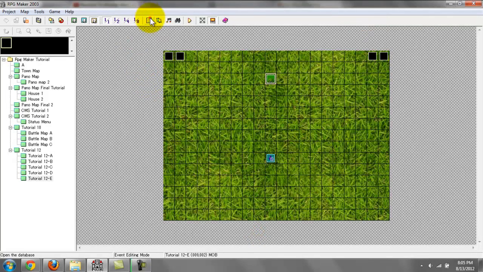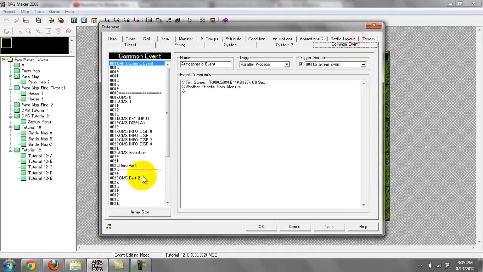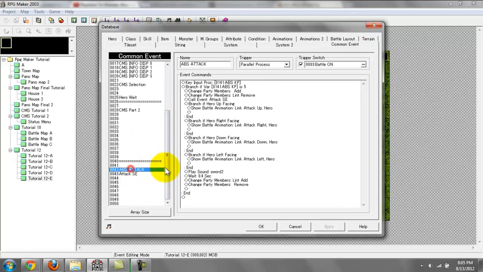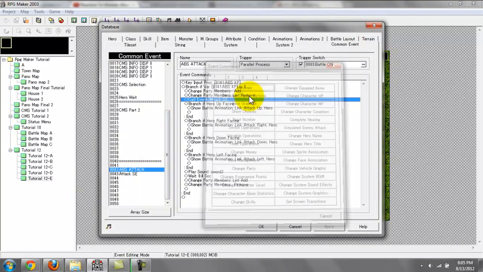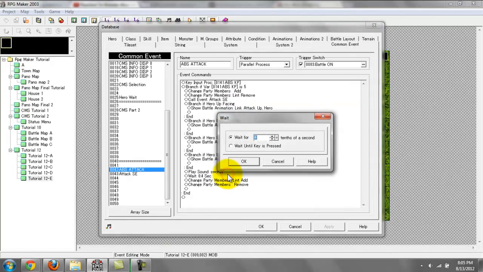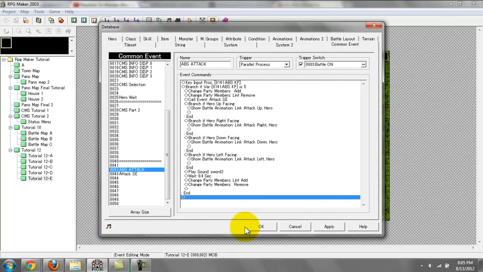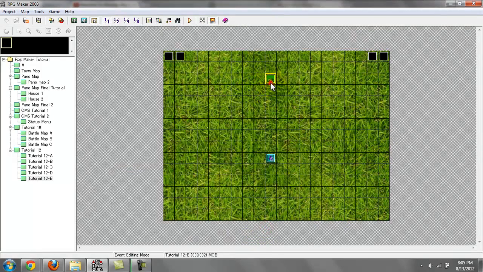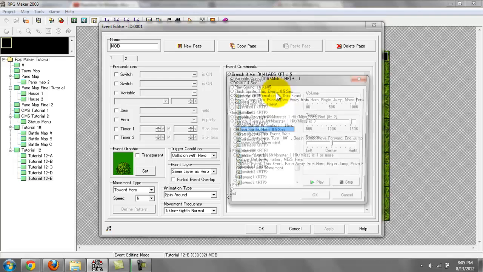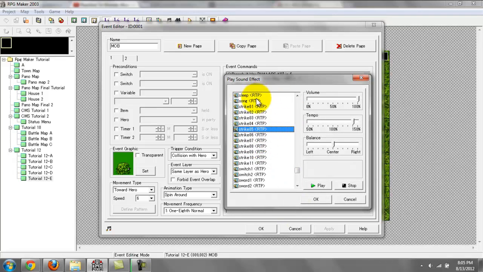If I go back to my database, go to common events, and then ABS attack. So we have this sword sound effect here. So every time the player presses the enter key, you'll hear that sword because it's being unsheathed. However, we put the strike 5 sound effect within this event because if the player presses enter and